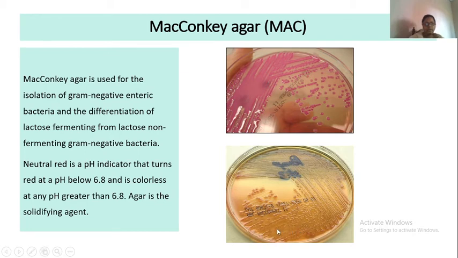And since no acid is produced, the pH of this media has remained the same, which is alkaline. So the neutral red, as we discussed earlier, will show its color only in acidic, or will change the color only when the medium is acidic. So due to non-fermentation of lactose here, the media is not becoming acidic, and that's why you see colonies that are pale in color or not pink.